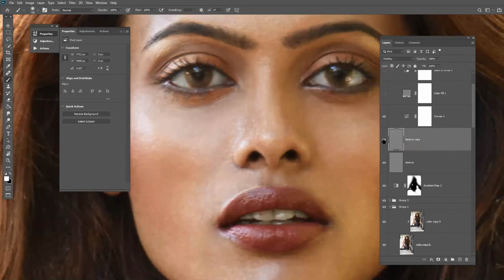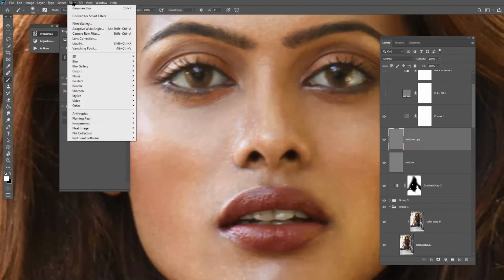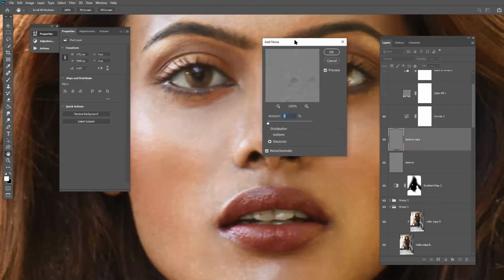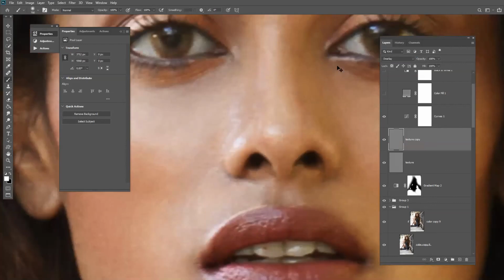Okay. Now you can add a little noise to give the film kind of an effect, which mostly we use around 1 point. So now you can see a little grainy effect.